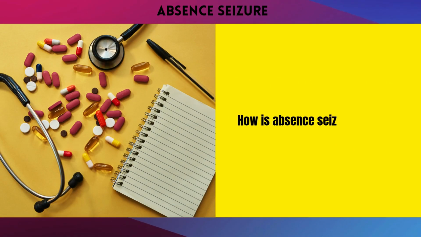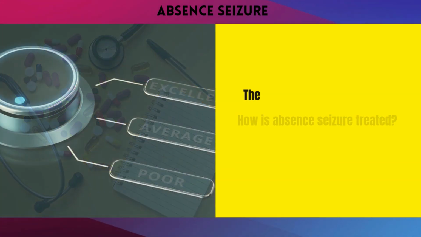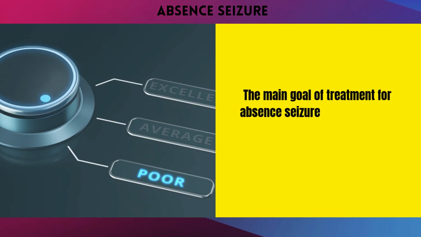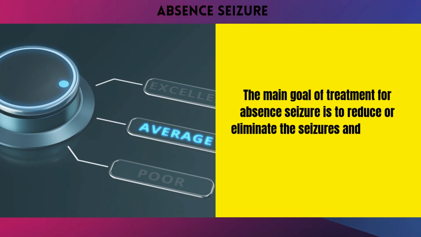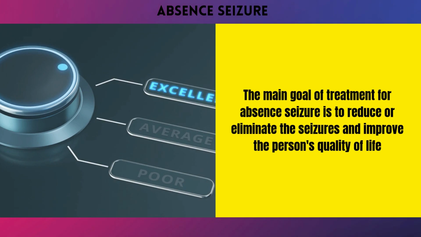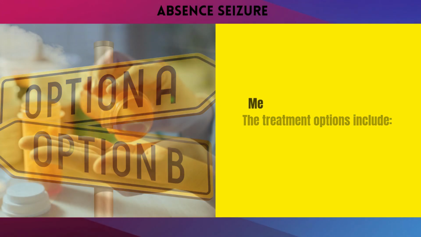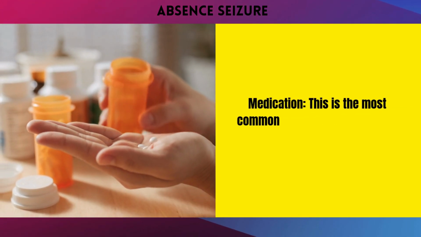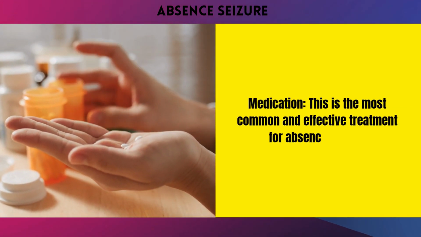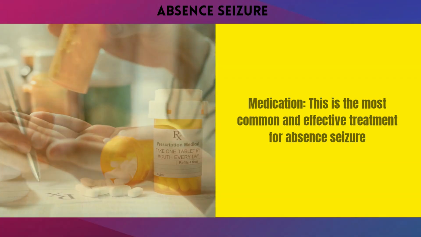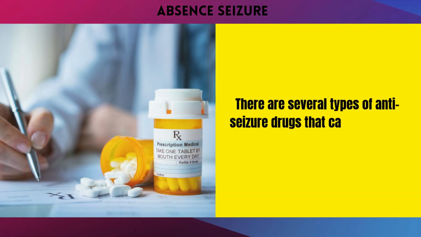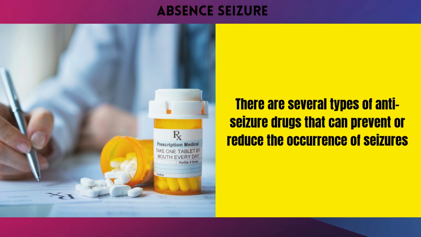How is absence seizure treated? The main goal of treatment for absence seizure is to reduce or eliminate the seizures and improve the person's quality of life. The treatment options include medication. This is the most common and effective treatment for absence seizure. There are several types of anti-seizure drugs that can prevent or reduce the occurrence of seizures, such as